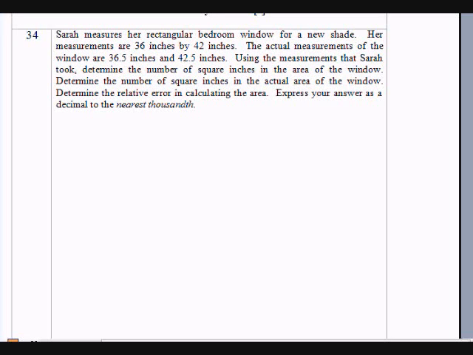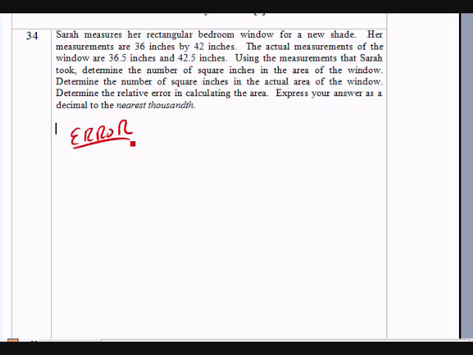Okay, question 34 now. Okay, what do we have here? Sarah is measuring the window. She measured incorrectly. So the error measurement or wrong measurement would be 36 times 42. And that becomes, I think, 1512. So 1512, that would be the